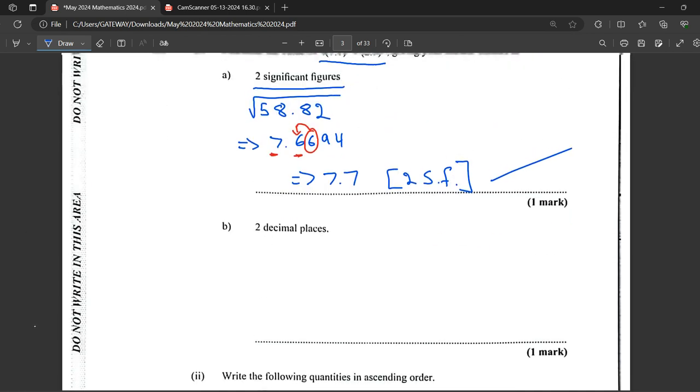Now, part 2, they want the answer to two decimal places, which means they really want the answer written where you have two digits after the decimal point, right? So we can use the same thing here. We have 7.6694, but for two decimal places, there's going to be one decimal place here, the second decimal place here. Look at the number 9, that is in the third decimal place. It says that we need to round off the previous digit, which is 6. So therefore our final answer will be